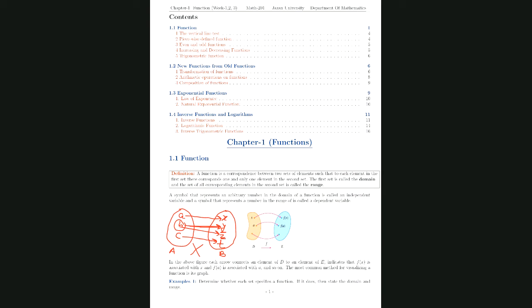One input connects to one output, meaning for each input there is one output, right? For each input there is one output. Then you say this is a function. But look at this input B connecting to outputs, connecting here too. For the input B there are two outputs, Y and Z, so this is not a function.